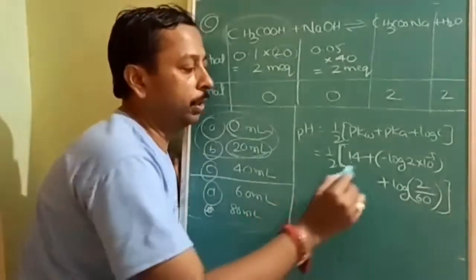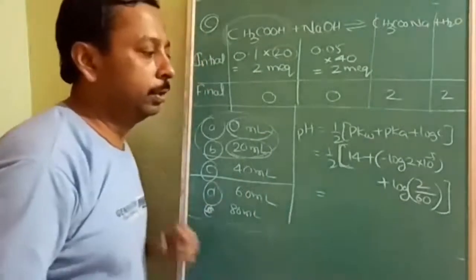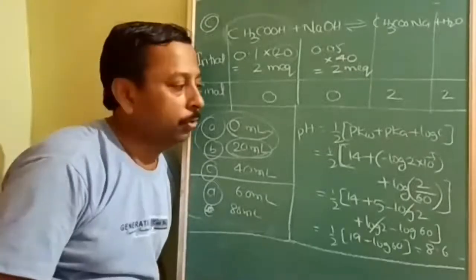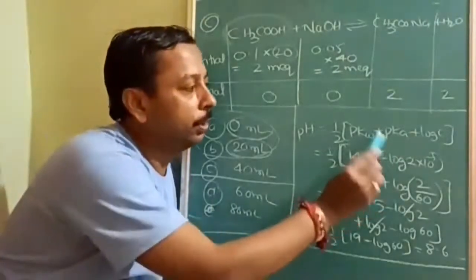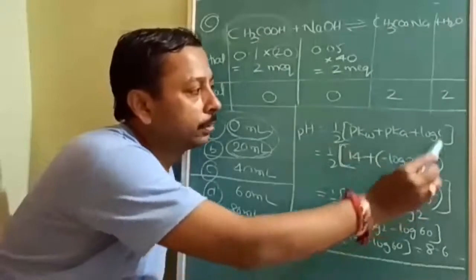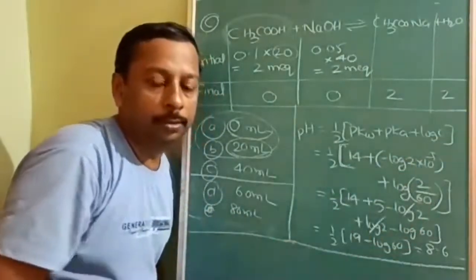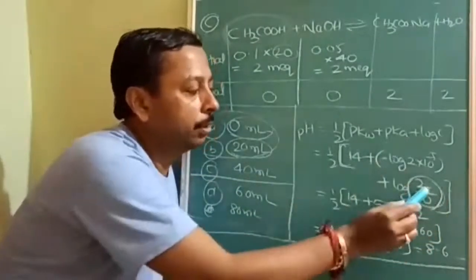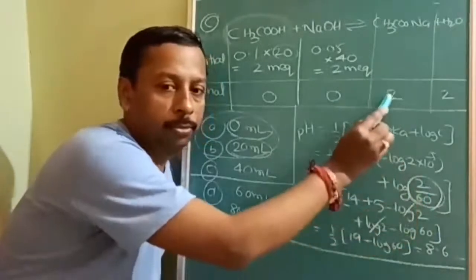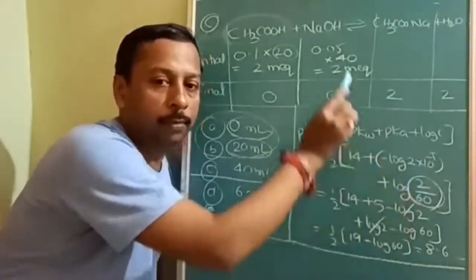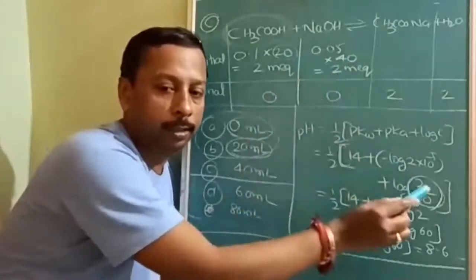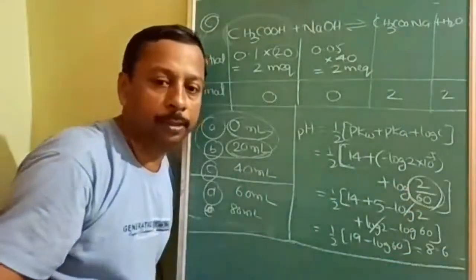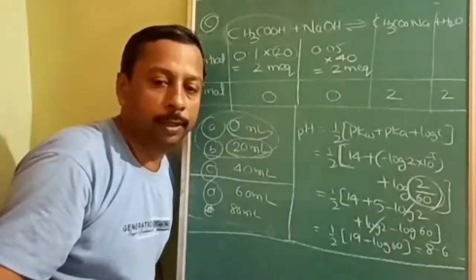Okay. So now I think all of you can simplify this or not. So simplify and tell me the proper answer. So this is how simplified. 14, pKa is negative log of this, log C is this one. After simplification, the main problem is that people are getting the wrong answer, and are not able to understand how this came. See, 2 milli equivalents left over, volume is 40 and 20, 60 milliliter. Milli equivalent by milliliter is molarity only. Okay. Is this clear? So this is how we have to simplify.